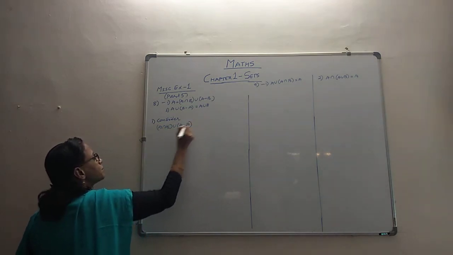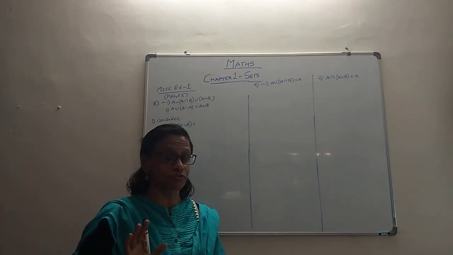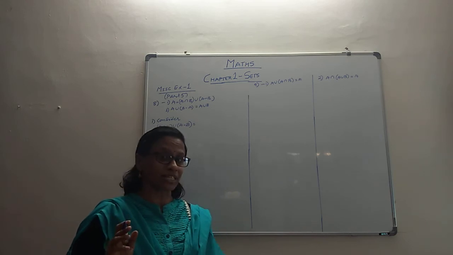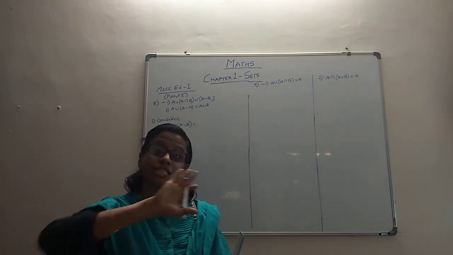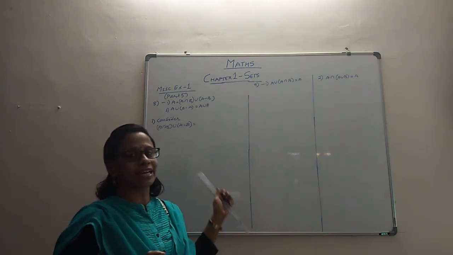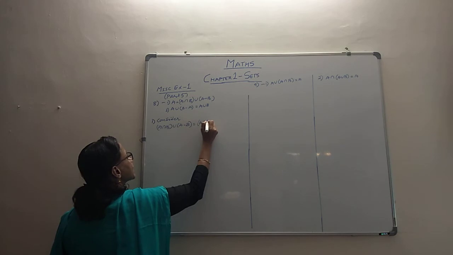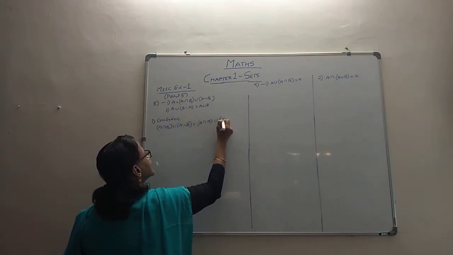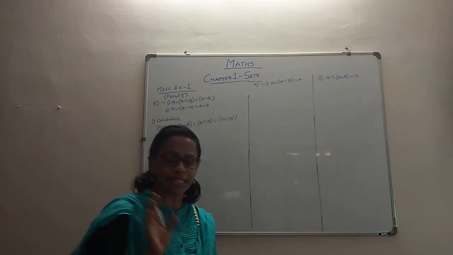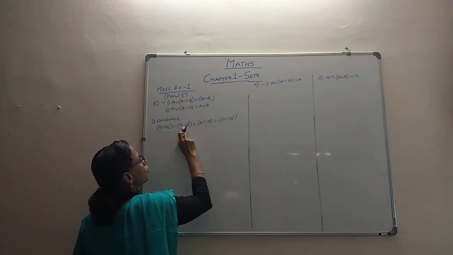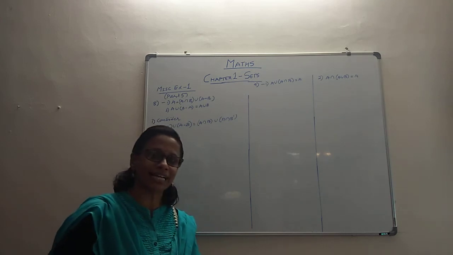I had told you even in the previous question that in the case of difference of a set, we try to adopt those definitions which are going to be useful to us. In the previous question, when it was C minus B, we took x belongs to C, x does not belong to B. So here we will take yet another definition of A minus B. A minus B can also be called A intersection B complement. Both ways it's correct by set theoretic ideas. So instead of calling it A minus B, for our convenience we call it A intersection B complement. Its idea is one and the same.